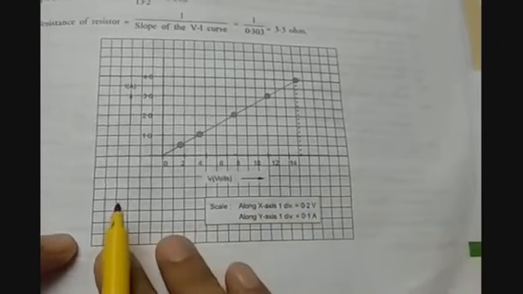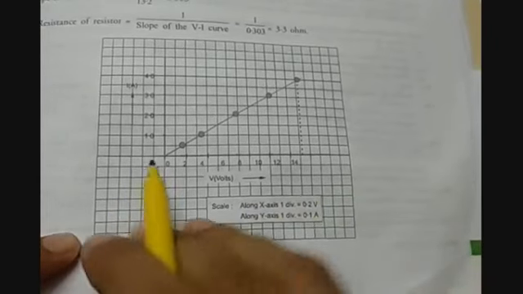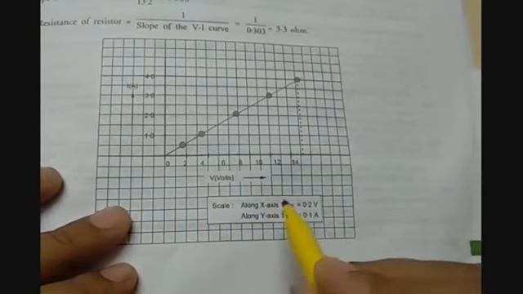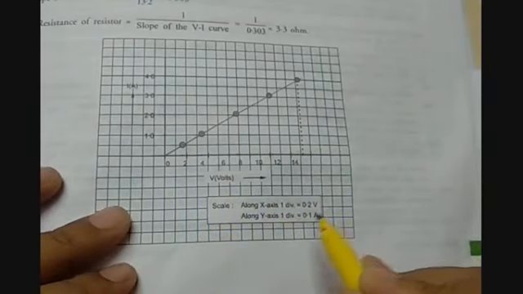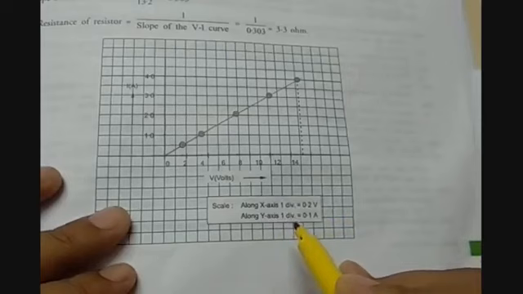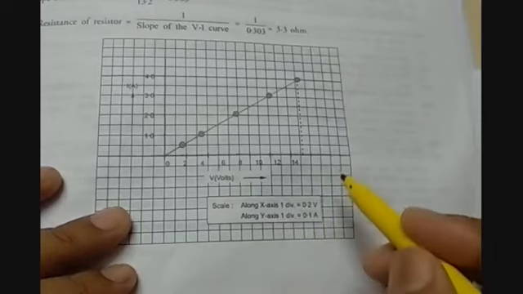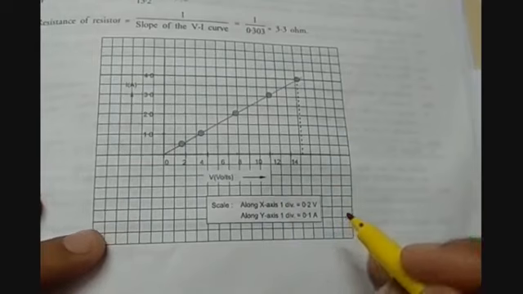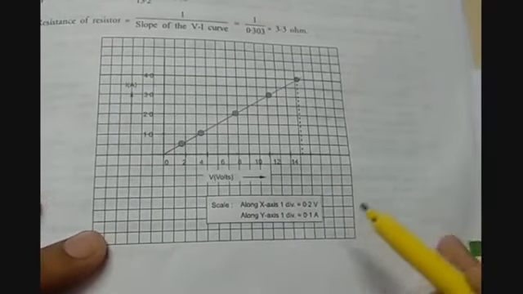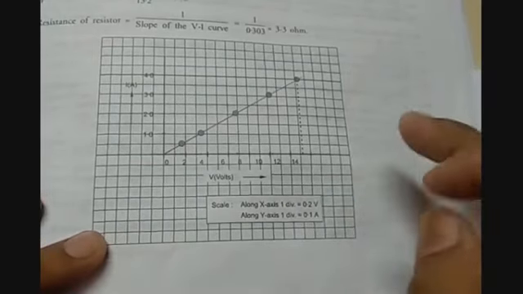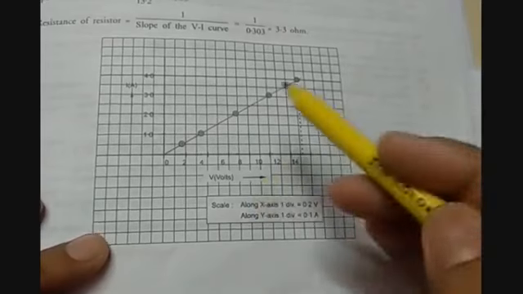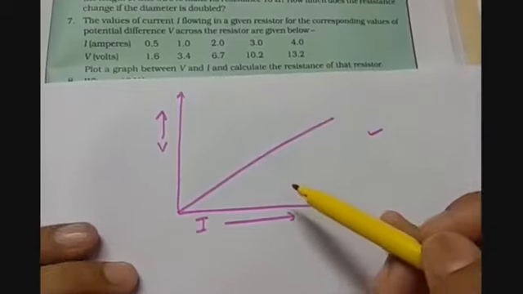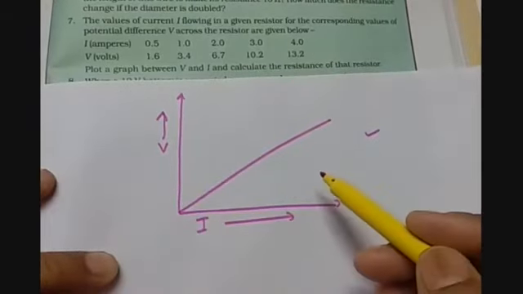It will look like this when you draw it in a graph and take the x-axis one division as 0.2 volts and y-axis one division as 0.1 volts. These scales you can take by your choice, but that should be plottable in the graph paper. So when you plot the graph between potential and current in this way,